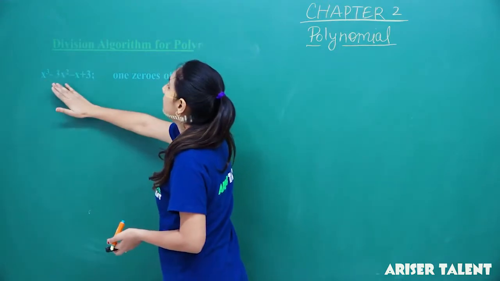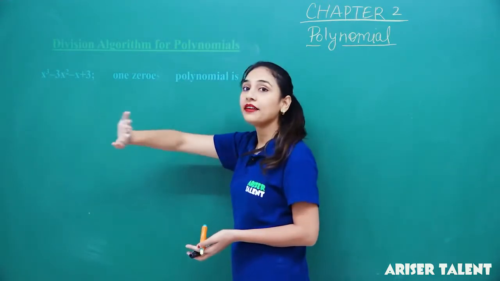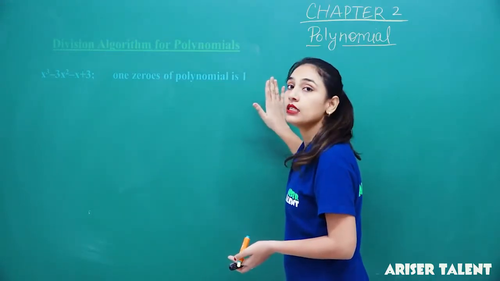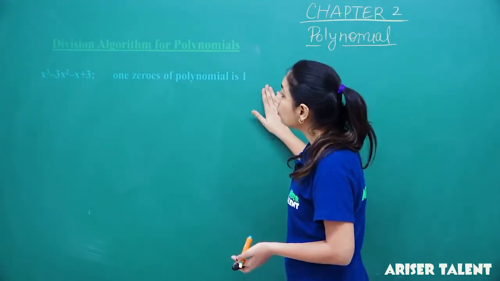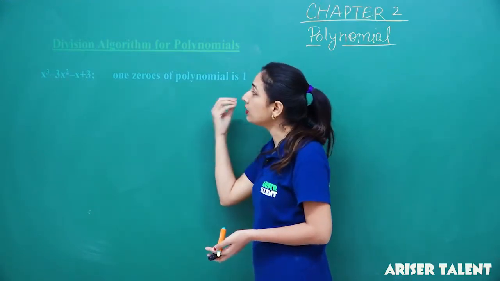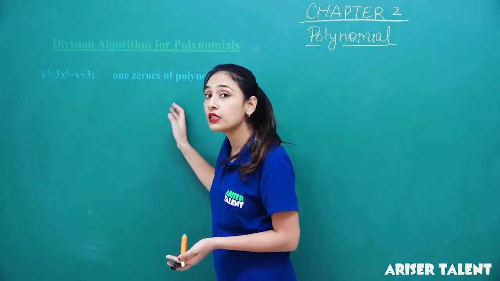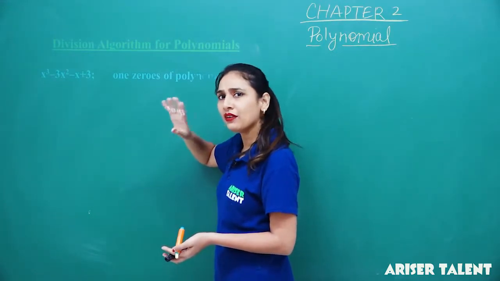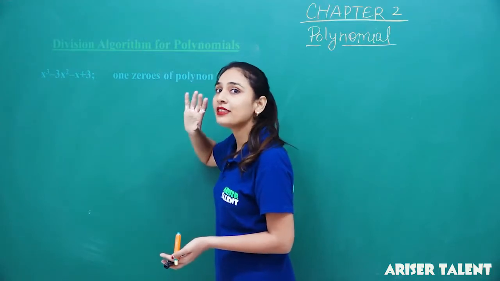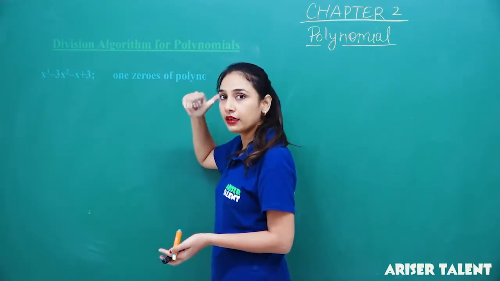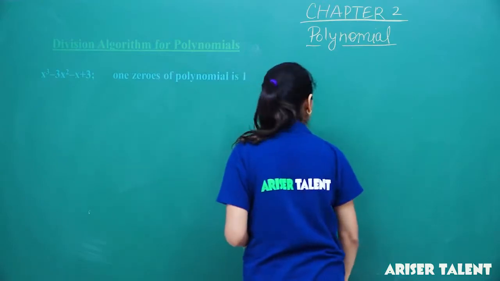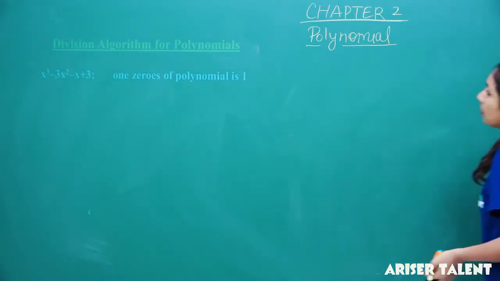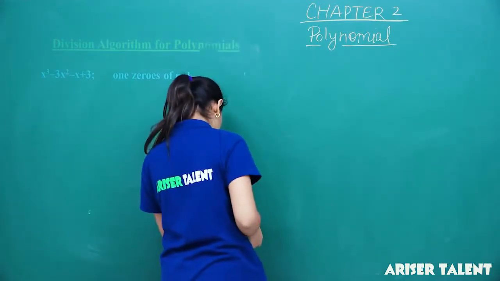x cube minus 3x square minus x plus 3. One zero of the polynomial is given, and it is 1. So you have to find the other 2 zeros of this cubic polynomial. You have done this in your previous class, but we will be doing it right here. So how you used to do it was that,